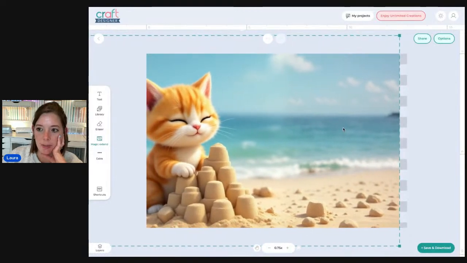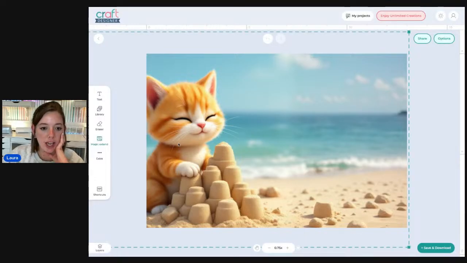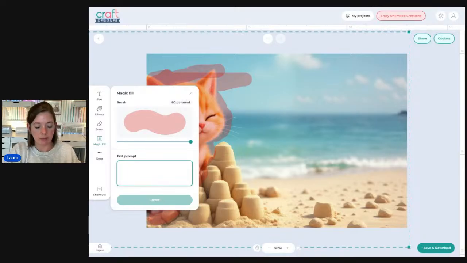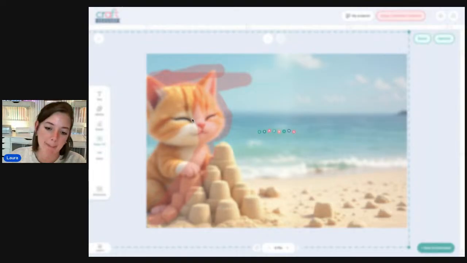So I'm actually going to use Magic Fill for that. We used Magic Extend. Now we're going to use Magic Fill. I want to get rid of our cat here now. So I'm going to go to Magic Fill, and I'm just going to say, I don't want you in the picture anymore. So I'm going to get rid of our cat friend. I can't really see because I've made this a problem for myself, so I'm hoping that I'm covering it entirely. Ocean and beach. Oh, I didn't completely color it. Darn it. It's fine. We'll figure it out.